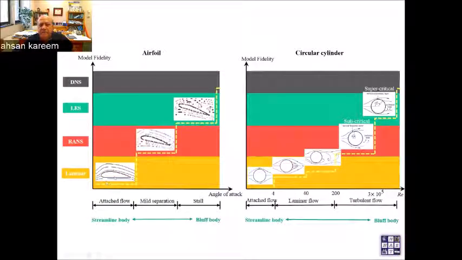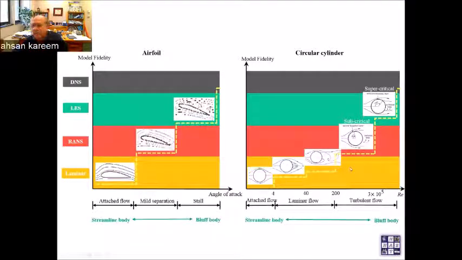Once again, these are very laminar flows, and you can use simple models. But as you go to a larger angle of attack, the flow starts separating. So similarly, we have to increase the fidelity of the model. The way they are showing, for laminar flow you can do closed form also. You have RANS, LES even better, and this is the best. So as the flow becomes more complex, you have to go to these higher fidelity models to get the